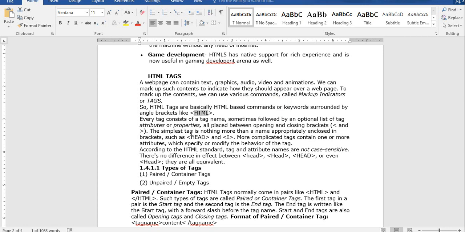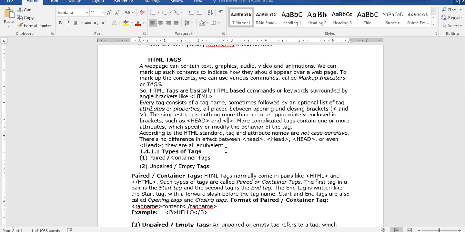The simplest tag is nothing more than a name appropriately enclosed in brackets. What is a tag? A tag is a name appropriately enclosed in brackets, such as head is a tag, i is a tag. More complicated tags contain one or more attributes according to the HTML standards. So these are the basic examples that we have.